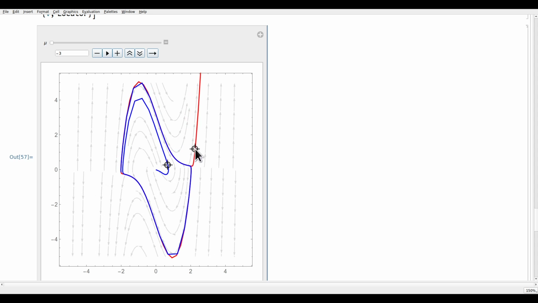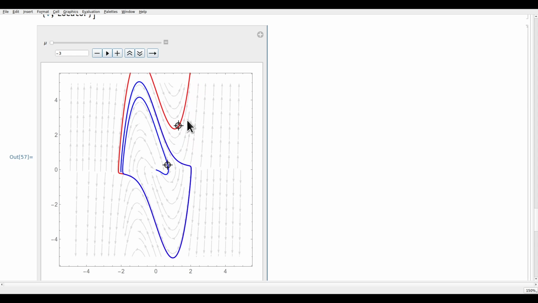Same thing, if I start outside here, the solution seems to run off to infinity in forward time, but if you back up to see its history, it seems to have come from the same closed orbit here. So what we are seeing,